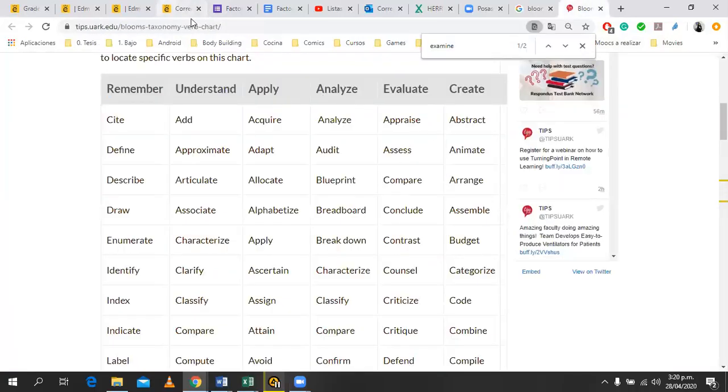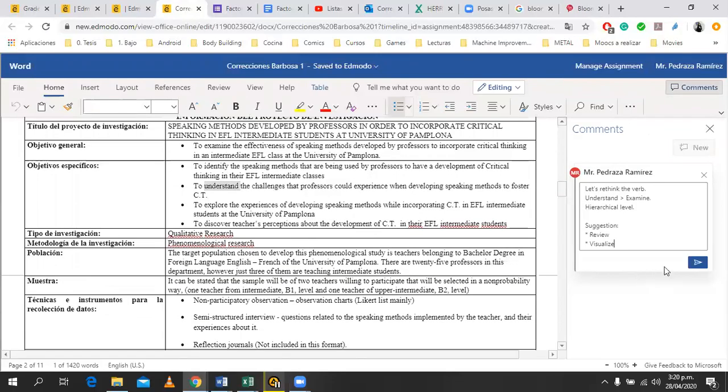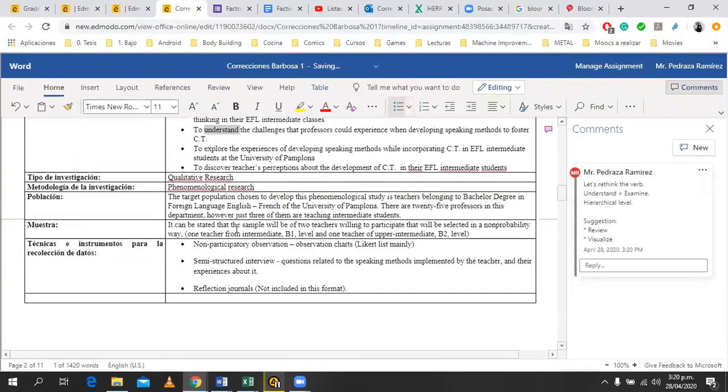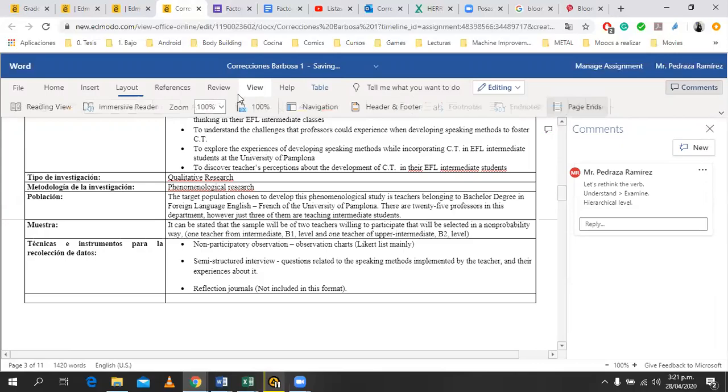Okay, sounds good. So in this case, we're going to work with these other two. Qualitative research, phenomenological research, target population. It can be stated in a qualitative way. Right here, it is going to be advisable to tell the way in which